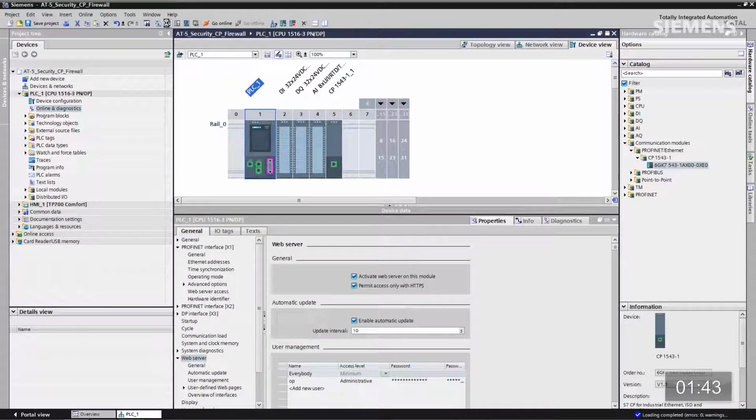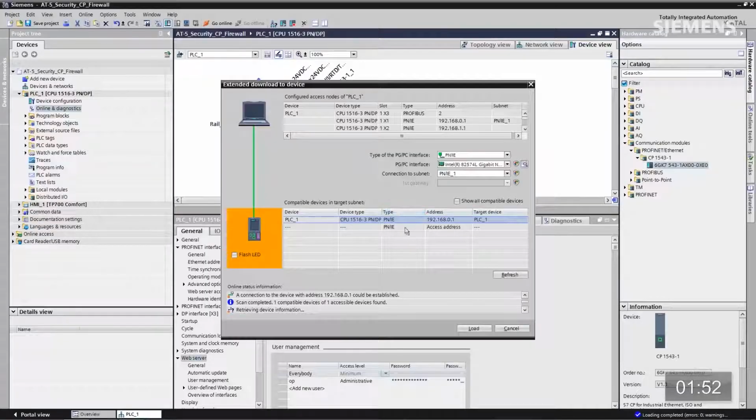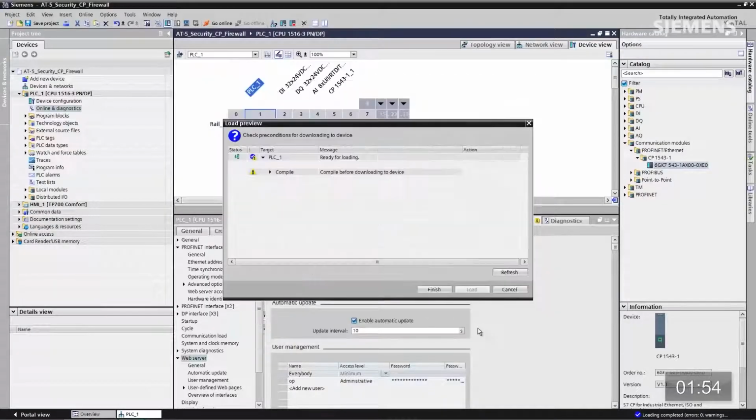CPU and click on the download arrow button. He's going to navigate out, try to find the IP address of the current control system. Once he has, in this pop-up box, now I can see him. I click on the load button. Now he's going to compile this completely, and once I get the complete configuration compiled, I can actually say stop all, click on load, click on finished, and now as you can see we have a fully functional system with